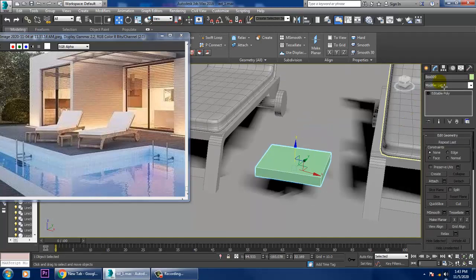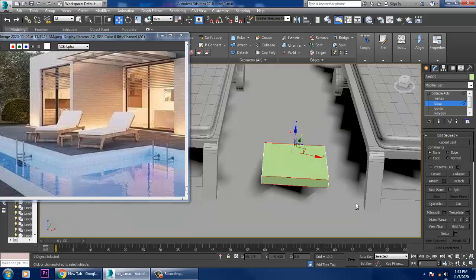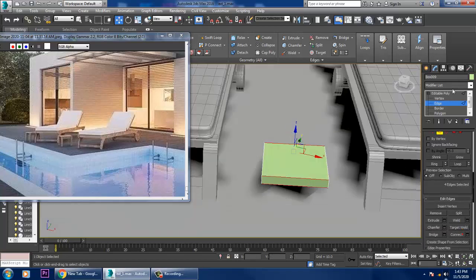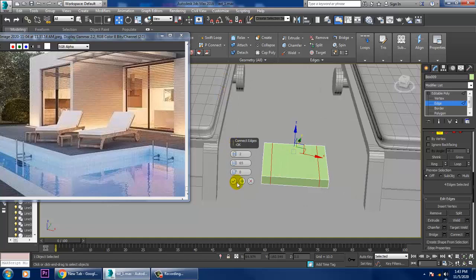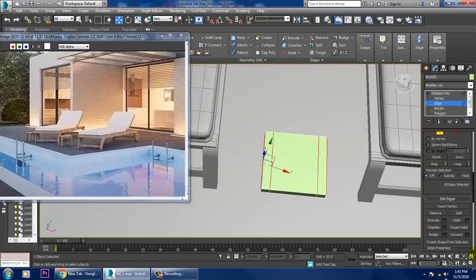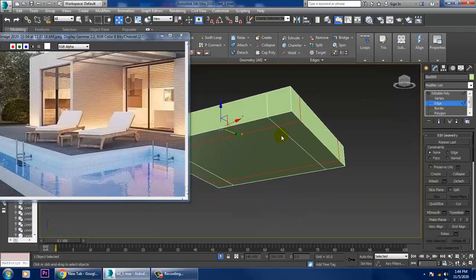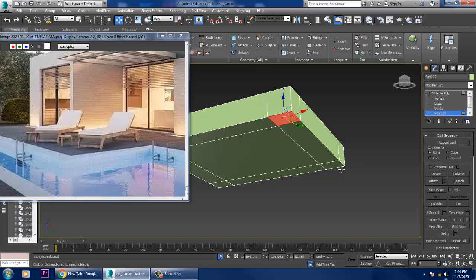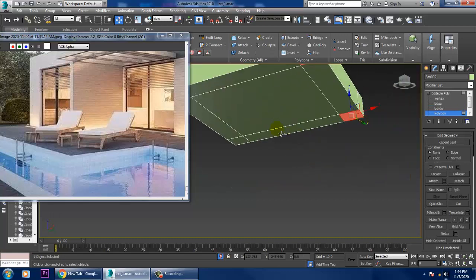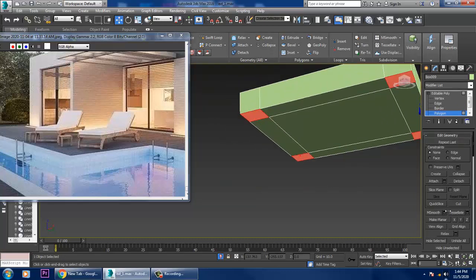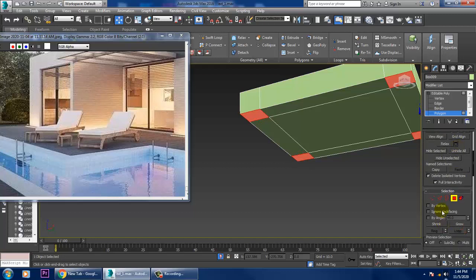So let's go into this, select the edges, let's just give a connect, select this, just give a connect, go into polygons and just extrude it down.